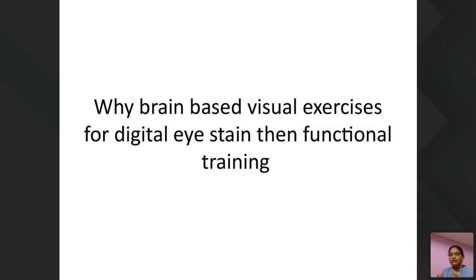Here we saw the entire thing: muscle pathomechanics, how it gets affected, then the pathophysiology, the causes, everything we saw. Now we are getting into the interesting point, that is the management, the brain-based exercises. First one is fixation. If we want to see an object, our eyes have to fixate on it for some time. If that is affected, we cannot proceed with anything. So fixation we have to manage.